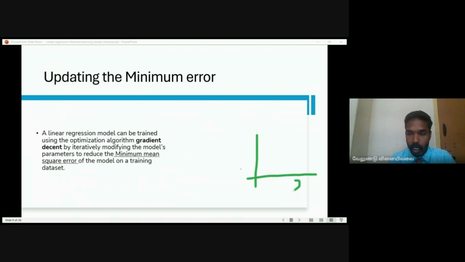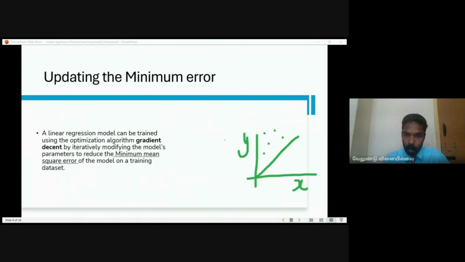This is my x, independent variable, y is a dependent variable. It may be a time, this may be a salary, and we found the relationship between them by the equation y equals mx plus c, and m and c are calculated by the equations, and the minimum mean square error is reducing the error. But the problem is my data is scattered here.